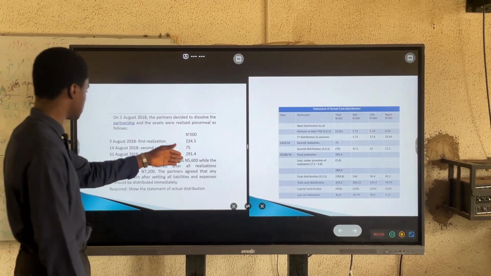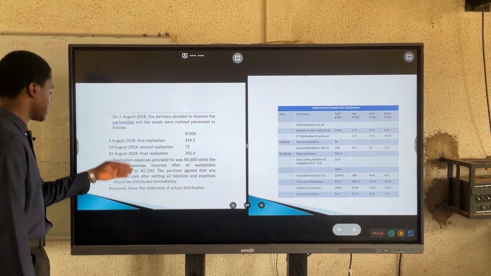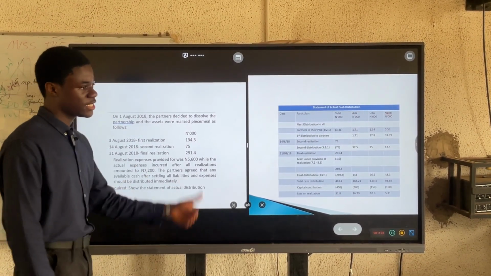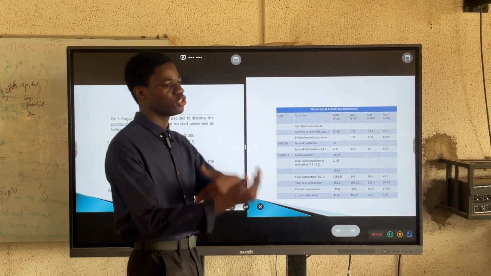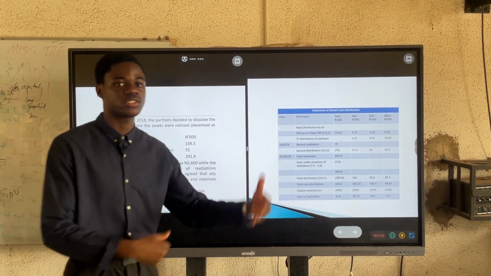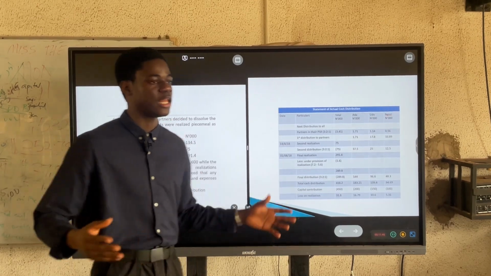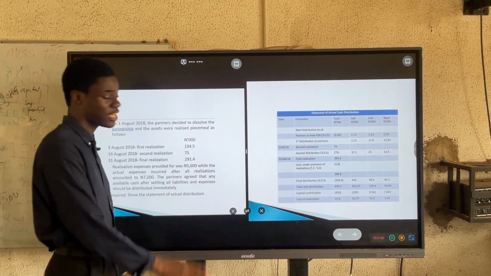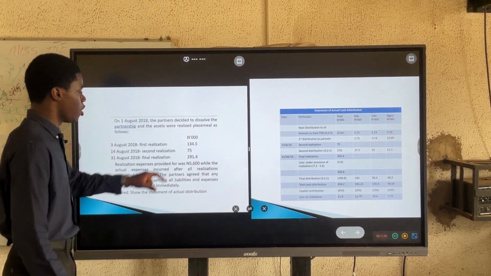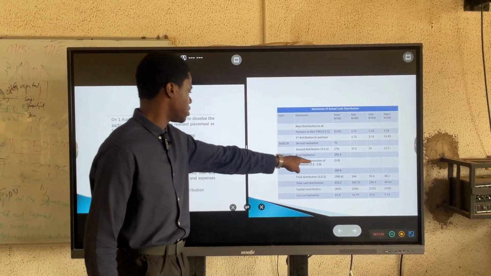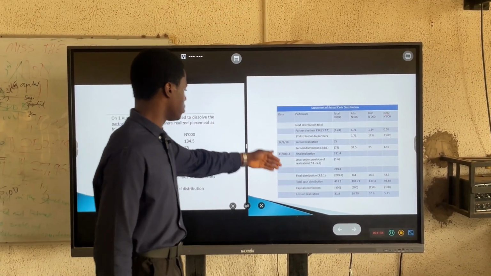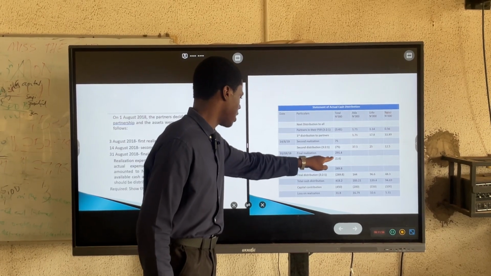So they provided for 5.6, but they incurred 7.2, which means they underprovided, and that's like an extra liability. And I said that before you can distribute, you have to deduct your liabilities. You have to remove all external liabilities before you're allowed to distribute, right? That's the rule of surplus capital. And so when you do the difference, you get 1.6, and when you less that from your final realization, you get the amount